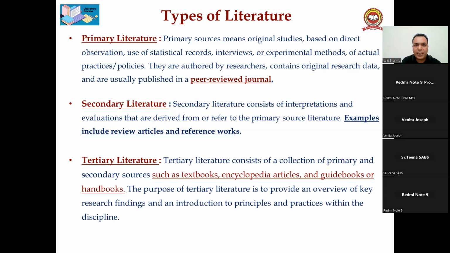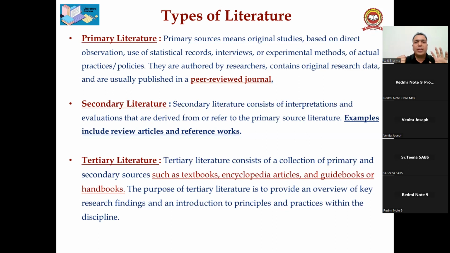whether it comes from the primary literature, secondary literature, or tertiary literature. Tertiary literature consists of a collection of primary and secondary sources, such as books, encyclopedias, articles, guidebooks, or handbooks. These are called the tertiary literatures, guys. It consists of collections of primary and secondary sources, right? So blindly, guys,